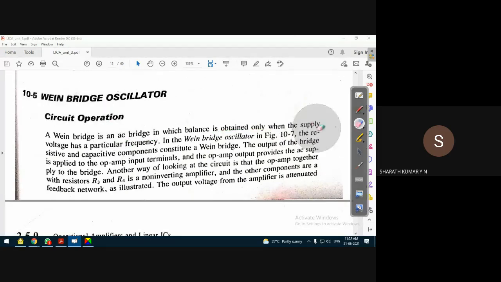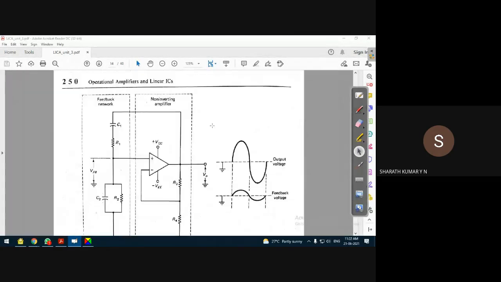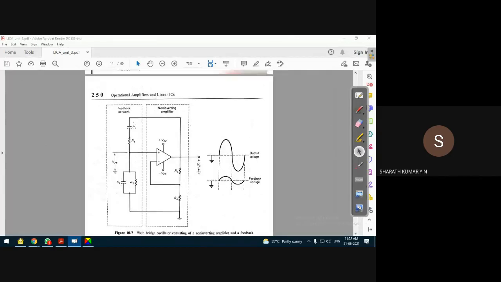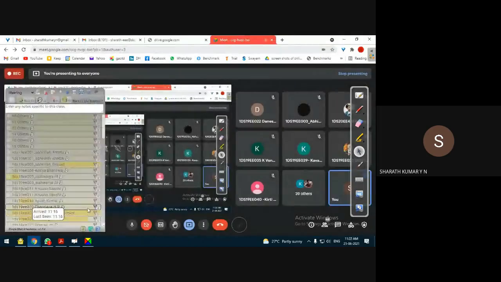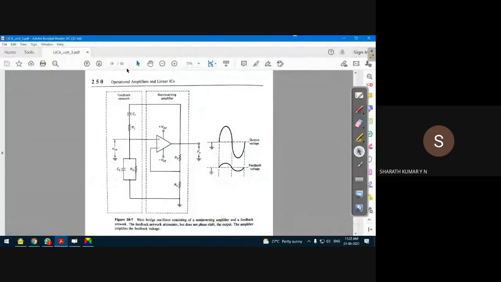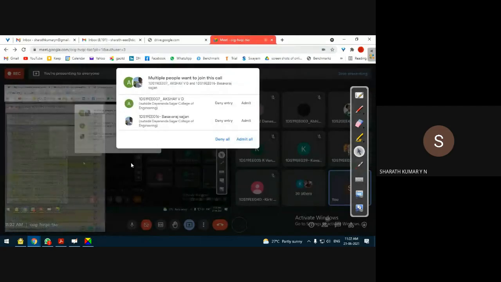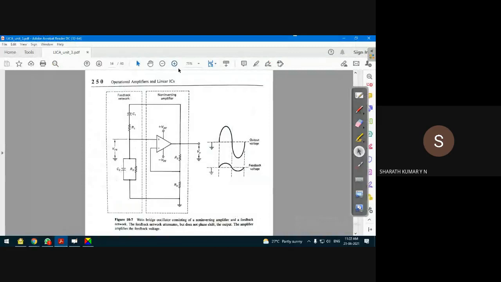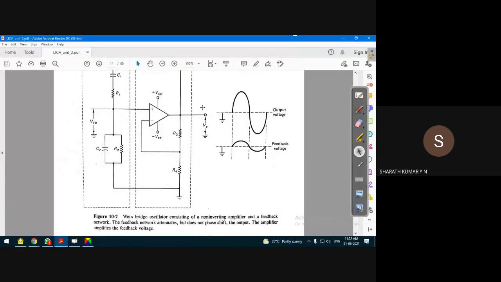Let us jump to the circuit. Okay, here to fit the circuit to the page. I hope this is visible, guys. No, this may be too small. Just a second. Just a second. Let me put it to slightly. Okay. Yeah. Okay. So this will be little. This should be okay. This should be yes.